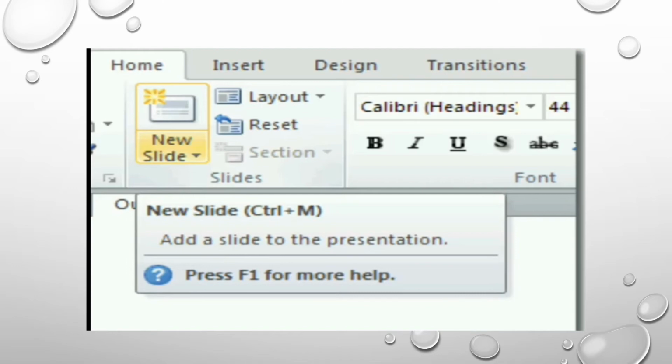Students, next you have to see how to delete a slide.